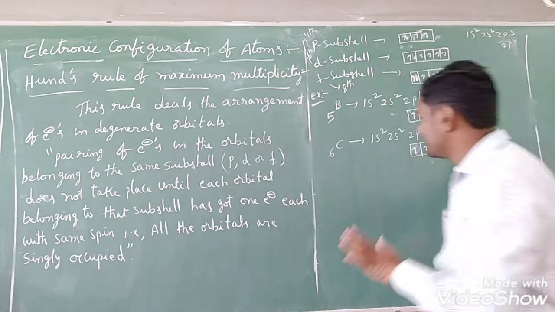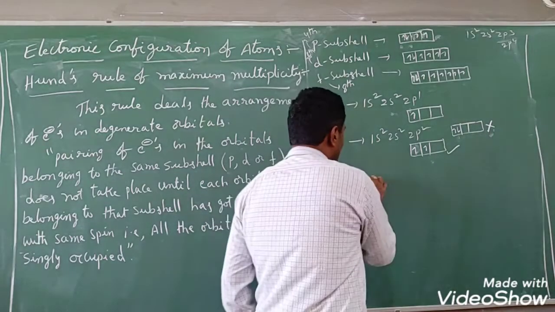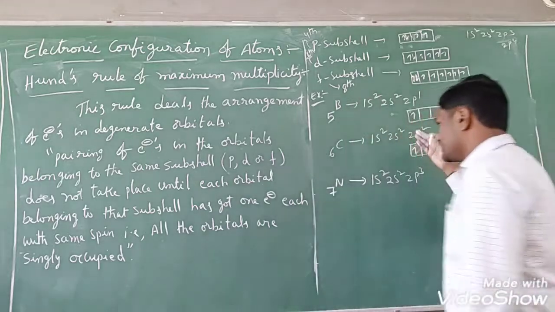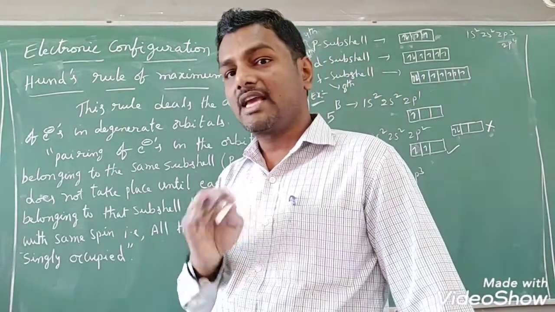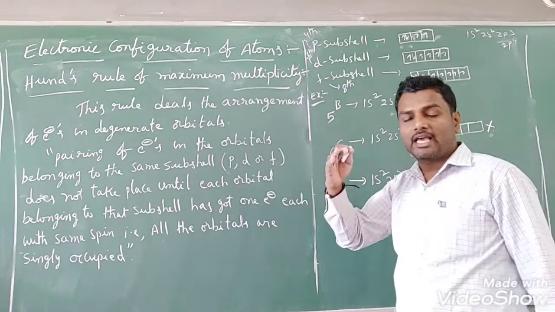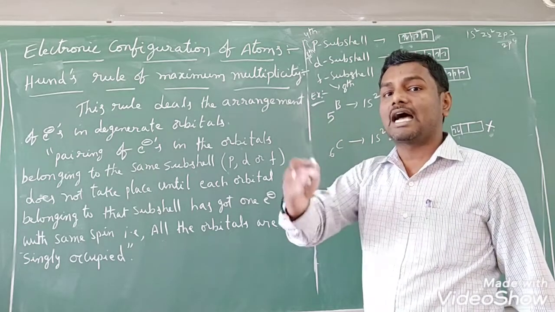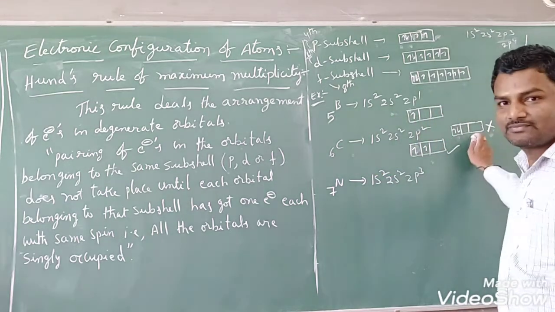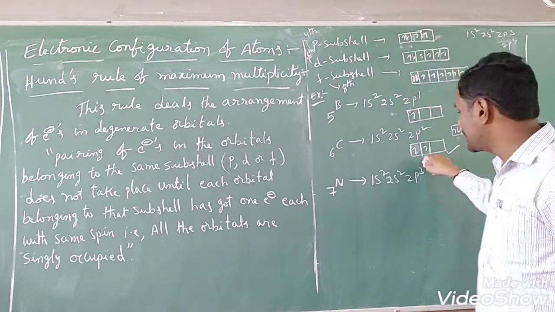Okay, now we have to identify this clearly. Next, take nitrogen. Nitrogen 7. So what is the electronic configuration? 1s2, 2s2, 2p3. Such types of questions they are asking even in competitive examinations, students. At the CET level, they are asking: among the following elements, which atom's electronic configuration violates Hund's rule? Violates Hund's rule. That means what? For carbon they may give it like this. This one violates Hund's rule, right? This one obeys Hund's rule. That we have to identify.